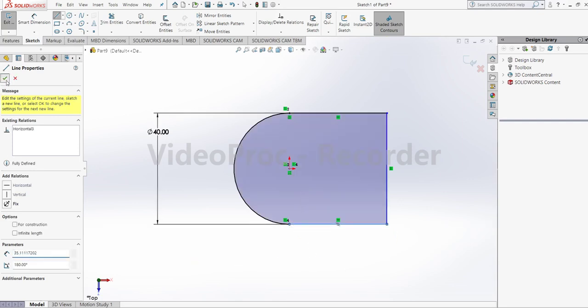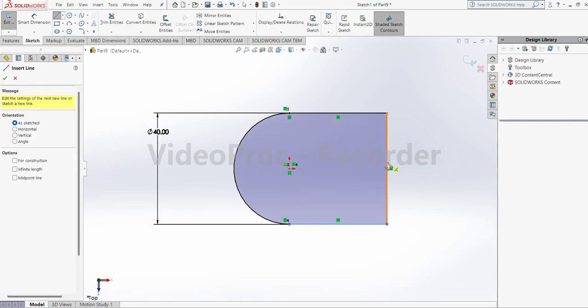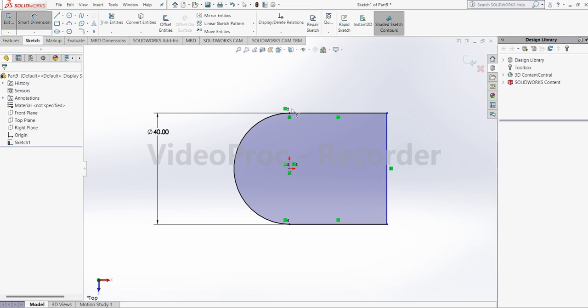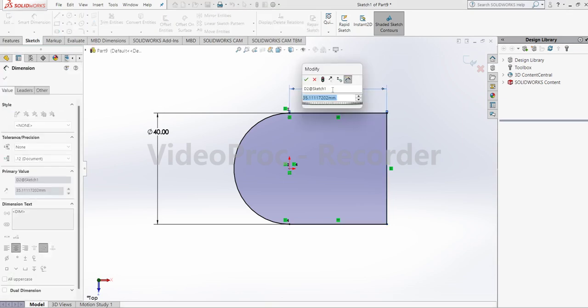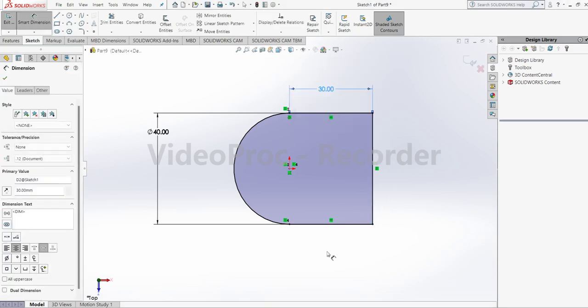Then click OK. Now first let's define the lengths. So here this length is 30,